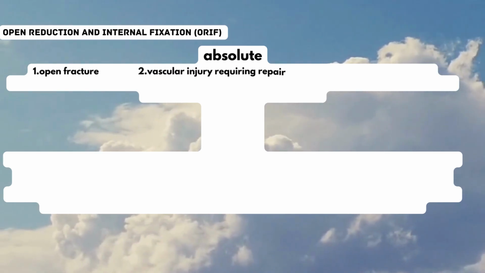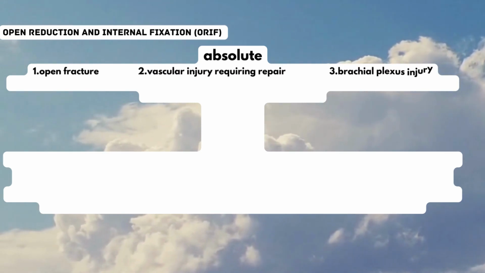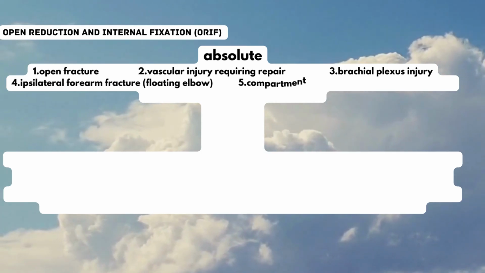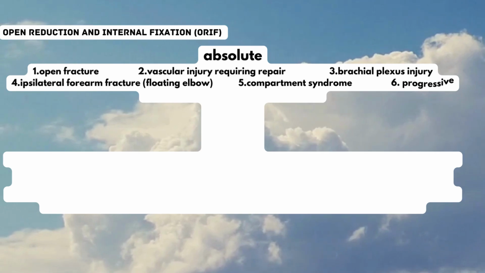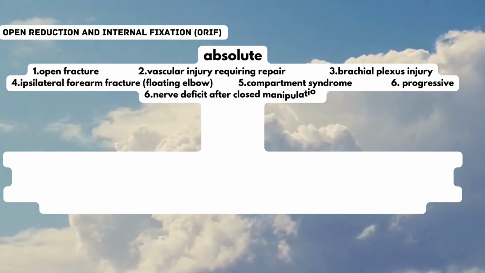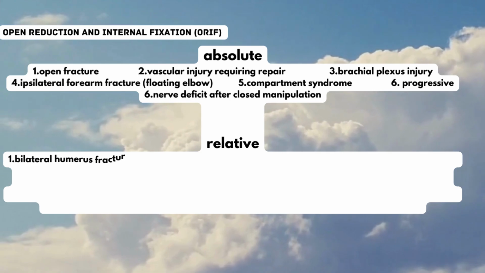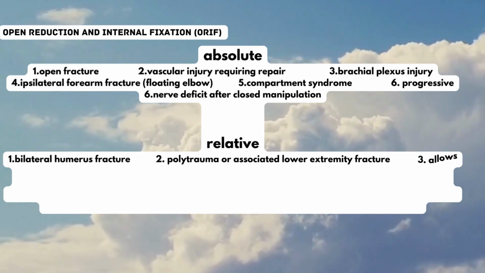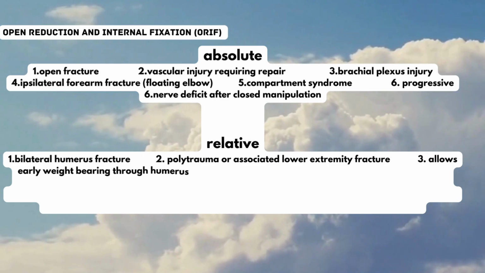The absolute indications include open fracture, vascular injury requiring repair, brachial plexus injury, ipsilateral forearm fracture, floating elbow, compartment syndrome, progressive nerve deficit after closed manipulation. And the relative indications include bilateral humerus fracture, polytrauma or associated lower extremity fracture that allows early weight bearing through the humerus,